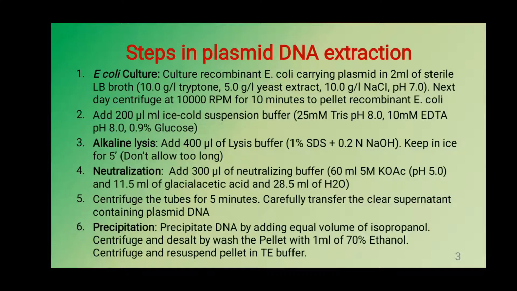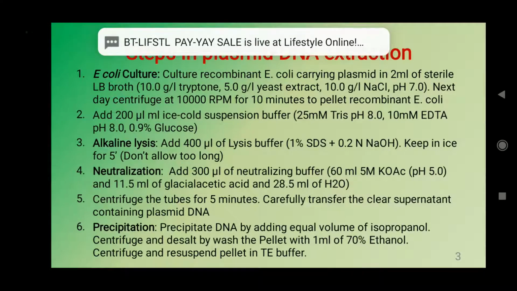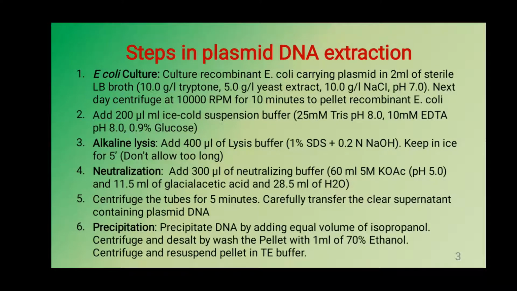The E. coli are cultured in Luria Bertani medium, called LB broth, consisting of 10 grams per liter tryptone, 5 grams per liter yeast extract, 10 grams per liter sodium chloride, and a pH of approximately 7 to 7.5. The E. coli cells are cultured for 12 to 16 hours, or overnight. During this time the colonies multiply several times and each E. coli cell carries multiple copies of plasmid inside. Next day we collect the cells and centrifuge at high speed and collect the E. coli pellets for plasmid purification.